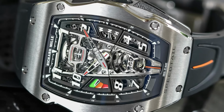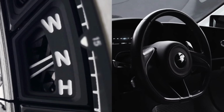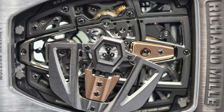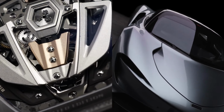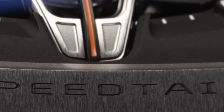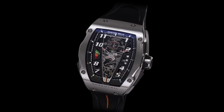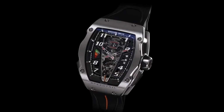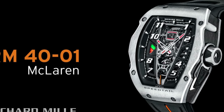Salvador Arbona, the movement technical director at Richard Mille, created a historical engine that effectively occupies all the available space and adds a level of mechanical elegance that makes the RM40-01 an appropriately extraordinary companion to the Speedtail despite the case's unique structure. The design of the RM40-01 automatic tourbillon McLaren Speedtail was inspired by McLaren's relentless pursuit of aerodynamic efficiency. The retail cost of the Richard Mille RM40-01 Speedtail is